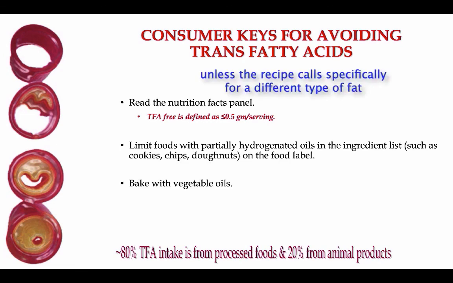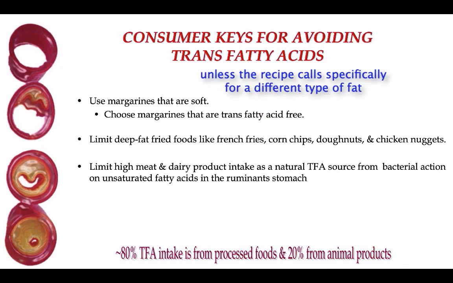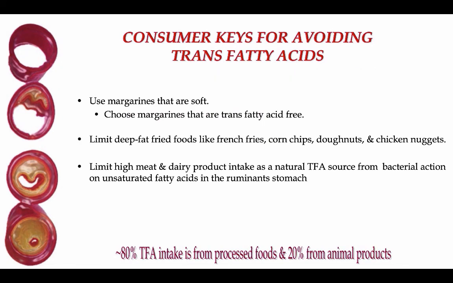You want to bake with vegetable oils that are unsaturated. Try to use margarines that are soft, and they now have margarines that are trans fatty acid free. Limit deep fat fried foods like French fries, corn chips, donuts, and chicken nuggets. And try to reduce your intake of high saturated fat meat and dairy products, because that's where the natural trans fatty acids come from. They're formed by those bacteria in the microbiome of the animals. Those are the bacteria that will act on the unsaturated fatty acids and create these trans